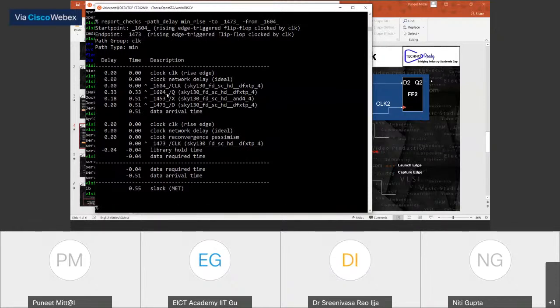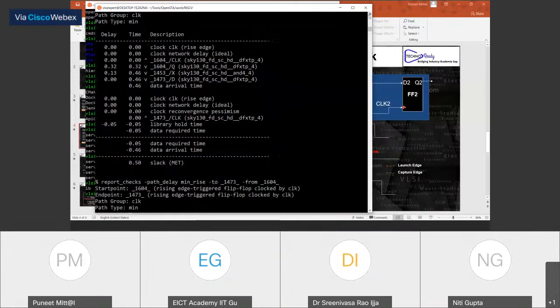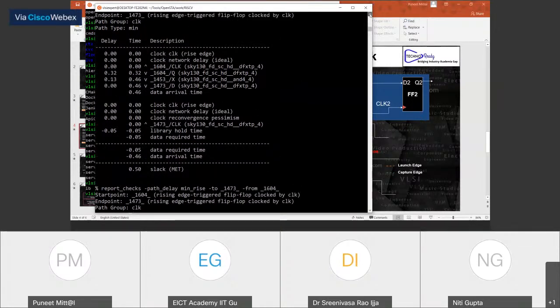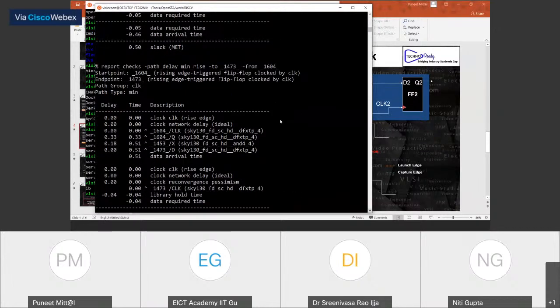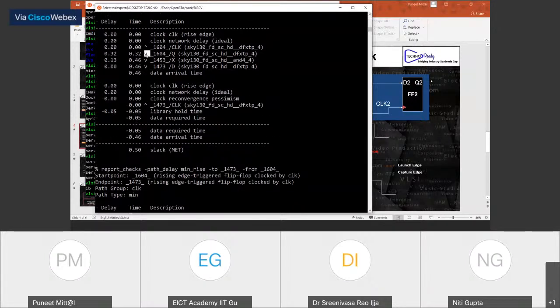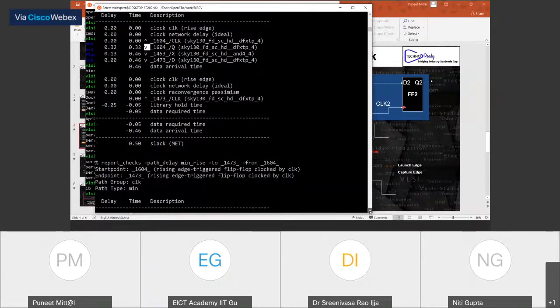So now you can see the same report, same start point, end point, 16041473. Here also 16041473. This analysis was with respect to the falling edge, falling at Q. So that's FF1Q we are talking about.